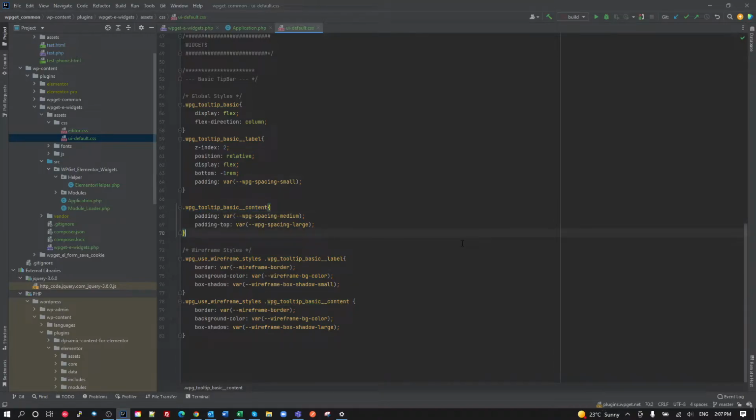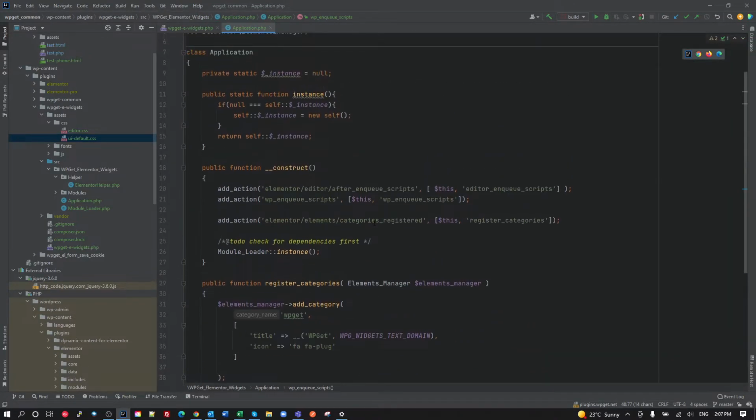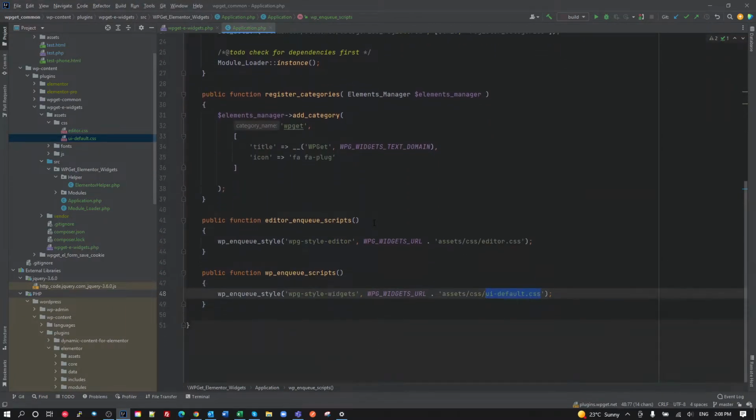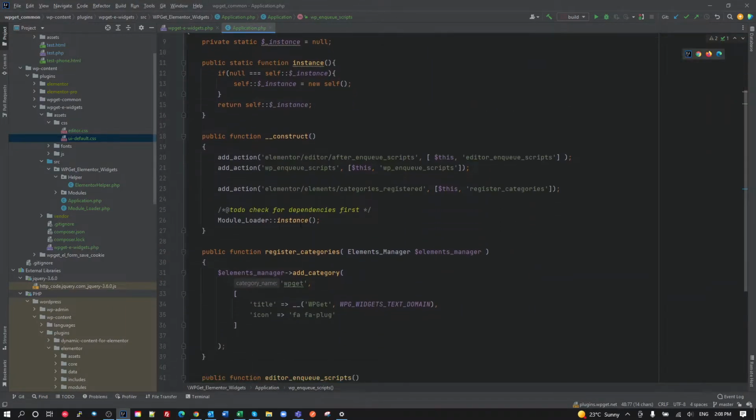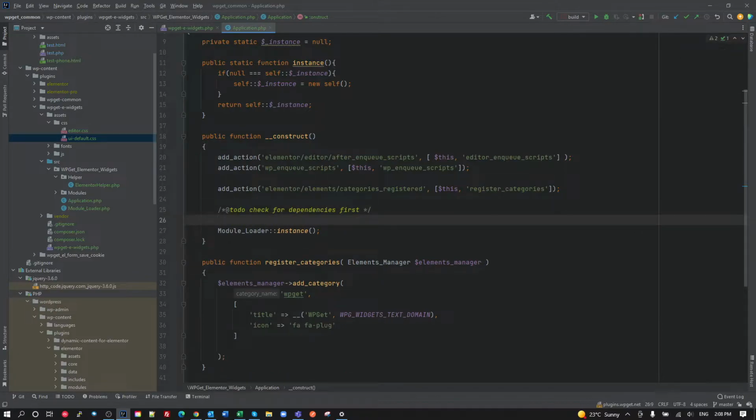So that's pretty much how that works. Pretty straightforward so far. All right, now coming back into here. So that's the application. Now I've then got to load my modules. Now I've chosen to use a module loader pattern, and what I'll do later in the game here is I'll